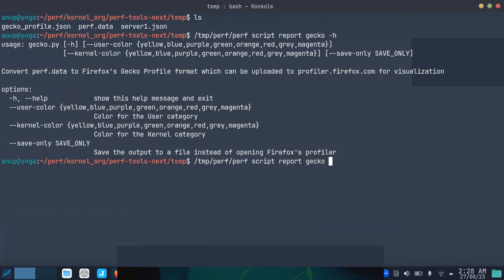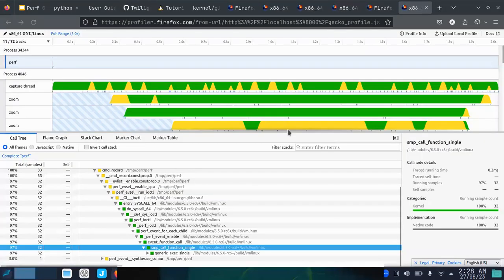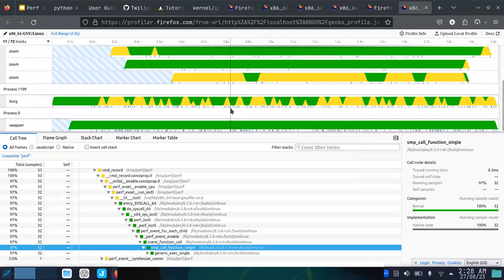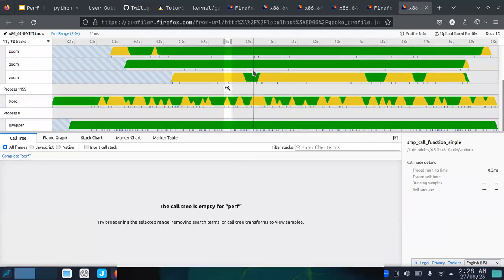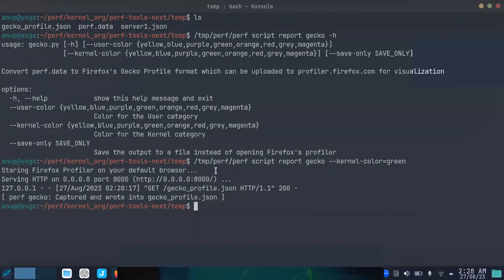Then what we can do is kernel color, and then it will also tell you what are the colors you can use from here. So suppose if I want to use green in kernel color, and then if I run this, then you can see I will again get the same thing, but all the kernel call chains in the green color. Okay, so